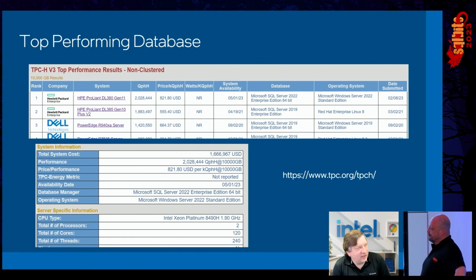So recently, in the last month or so, around the beginning of February, I guess it's a little more than a month ago, Microsoft SQL Server Enterprise Edition running on an Intel 4th gen scalable processor was awarded the top spot for TPCH performance for non-clustered database in the 10 terabyte size. So this slide shows the top 3 in the 10 terabyte category, and then the bottom part of the slide